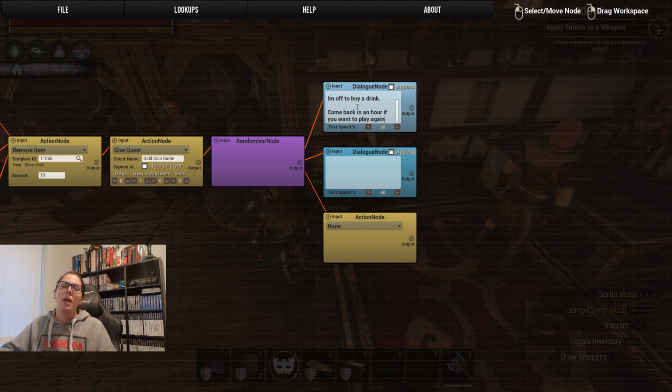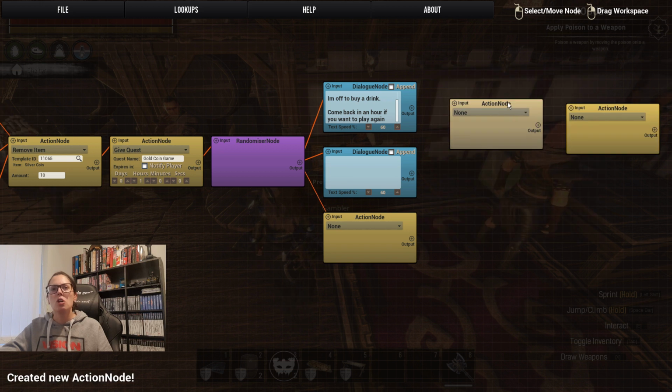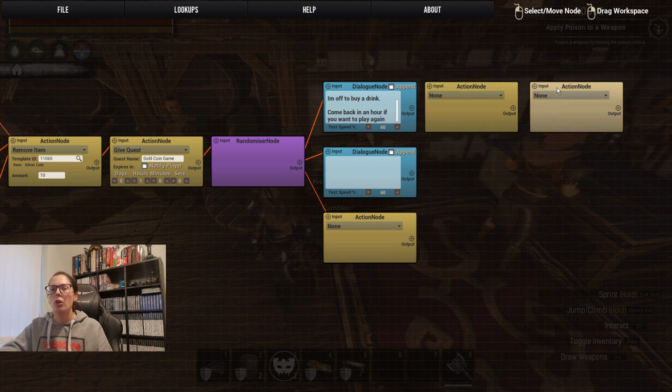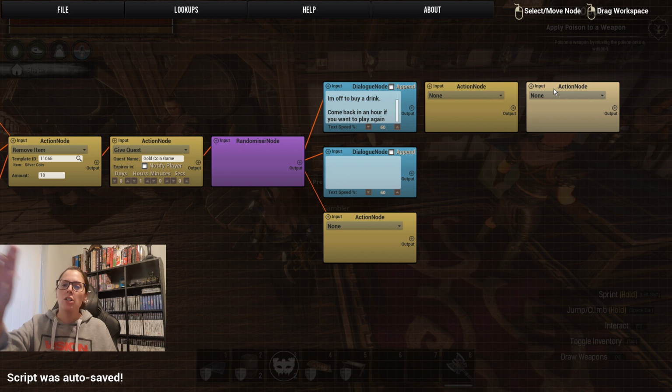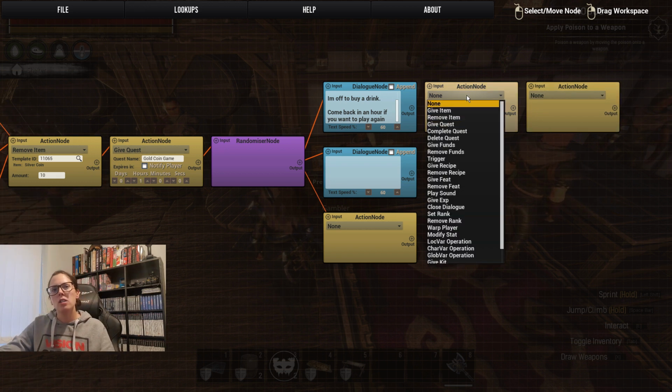Now I don't want it to stop there because I want there to be a sort of an acknowledgement. Oh, I've lost. So in this instance I want 2 action nodes here, and I'm almost going to set up a fake quest, as it were, just so I can get that lovely bit of dialogue at the very top in bold. And I want it to say, if I say,